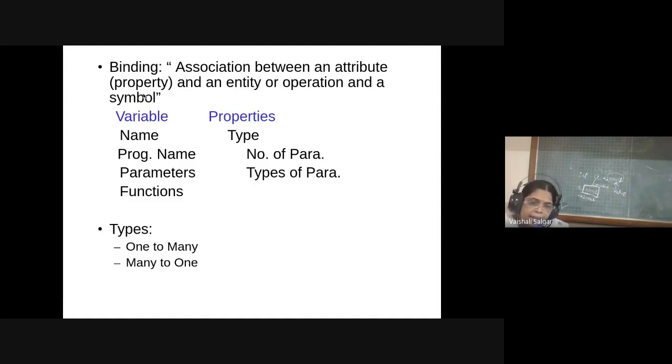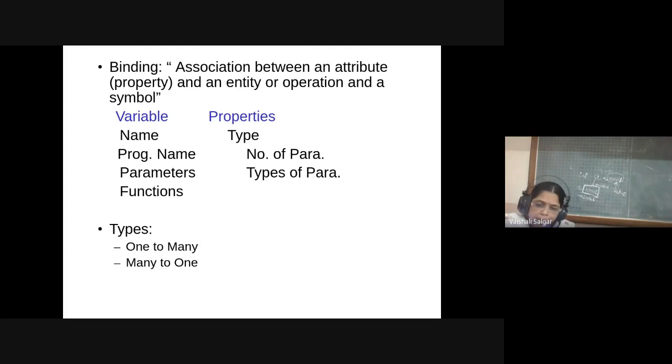So when I give a name to a variable, the type will be the attribute or property associated with that name. Basically, whenever I say variable, what is it? It is some name given to some atom or particular entity, which is referred to by a name. That is your variable.